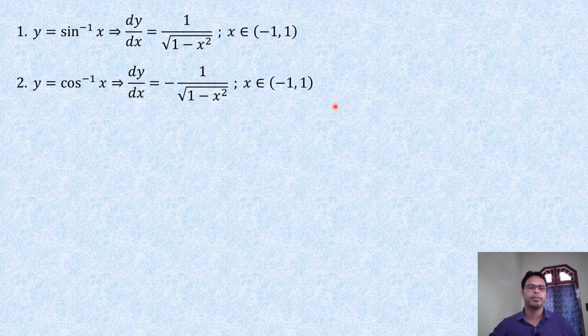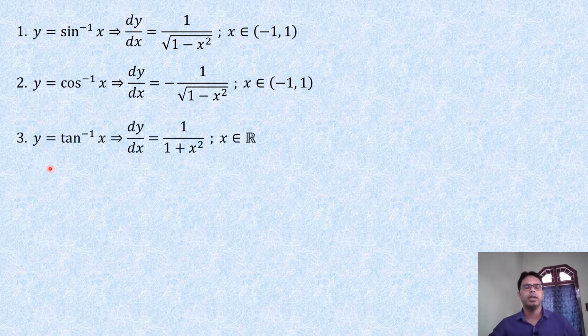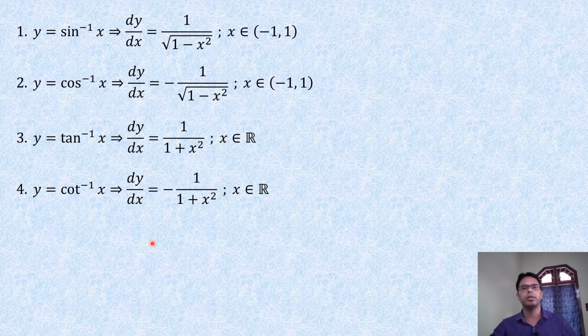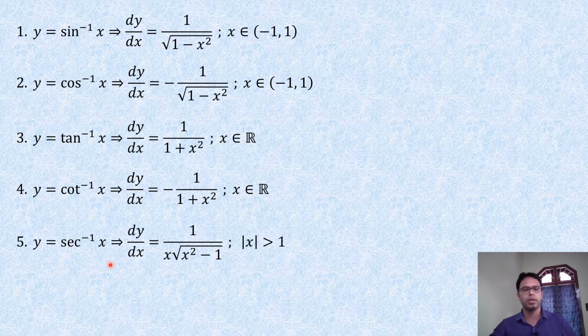Number 3, y is equal to tan inverse x, then dy/dx is 1 by 1 plus x square, where x belongs to the set of real numbers, because x can take any value. Number 4, y is equal to cot inverse x, then dy/dx is similar to tan inverse x, but with a negative sign. Number 5, d/dx of sec inverse x is equal to 1 by x into root over